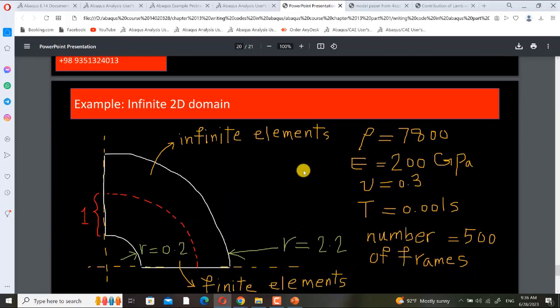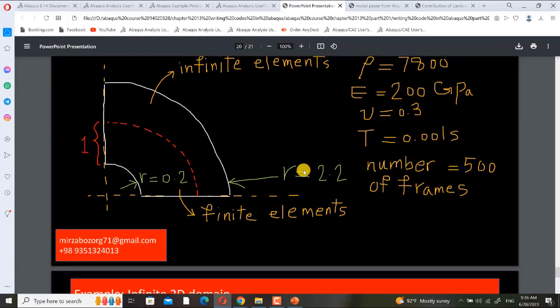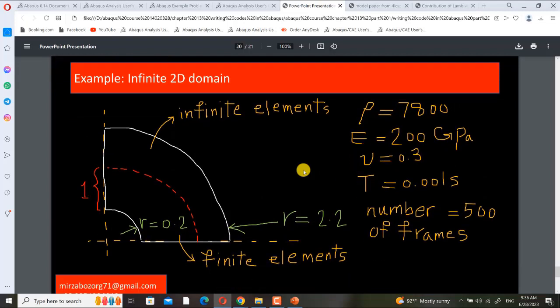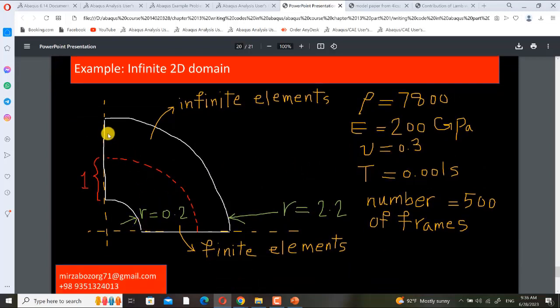Okay, now I want to solve a problem using infinite elements. This is the problem. We have a 2D problem. This is a disk. As we have two symmetry planes, I only model 1/4 of it.